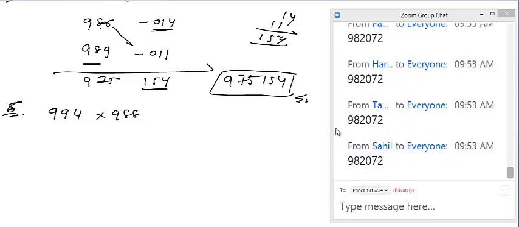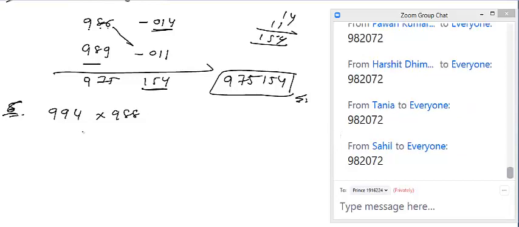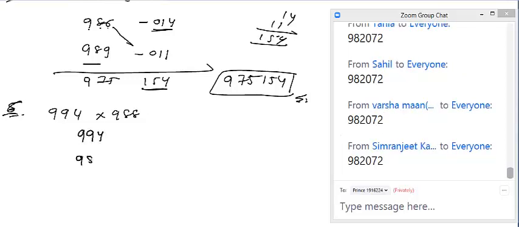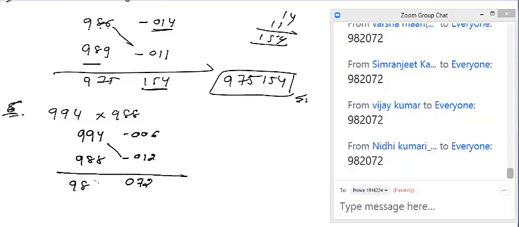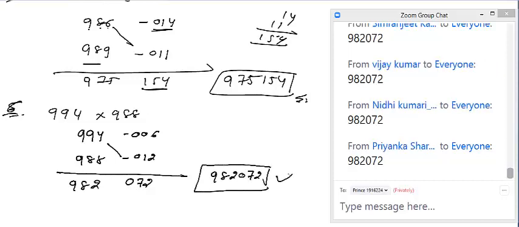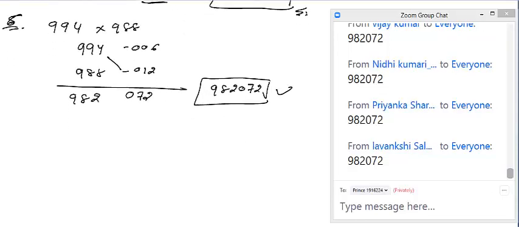Yes. Sahil, Tanya, very good. Many observations are there. Very, very interesting. Let me do it. 994, 988. Its deviation is 006. Negative. No problem. Negative here 0, 1, 2. Now, when you multiply 12 and 6, you have 72. You will put 0 here because the base is 1000. So this minus this, you just subtract 12, it is very easy. 982. So answer is 982072. Very easy. Correct? This is the Nikhilam multiplication.